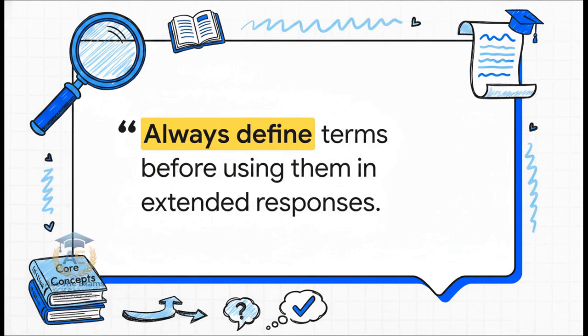Because candidates consistently confuse key terminology, you must adhere to this ultimate rule, straight from the examiners themselves. I'm going to read this quote directly. Always define terms before using them in extended responses. Why is this so crucial? Let's say you are writing an extended response arguing that a particular transaction shouldn't be recorded because of the money measurement concept. Before you make your grand argument, start your sentence by briefly, cleanly defining what money measurement actually is. Then apply it to the scenario. Doing this instantly proves your technical competence to the examiner right out of the gate. It establishes absolute trust in your answer.